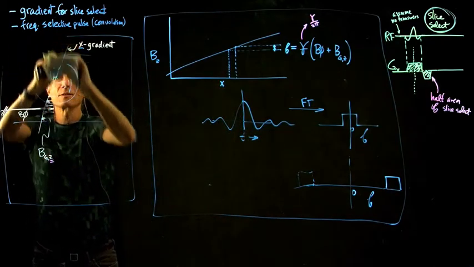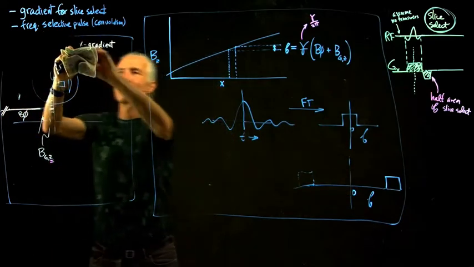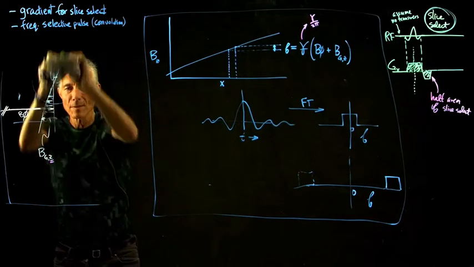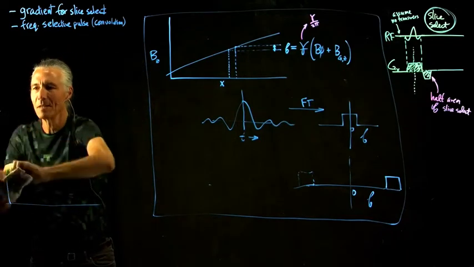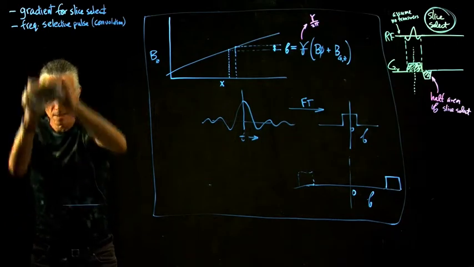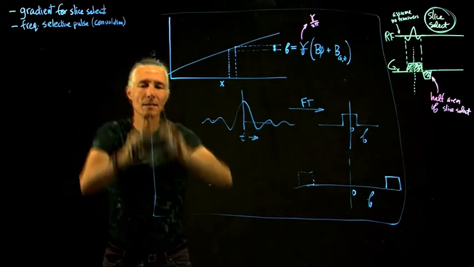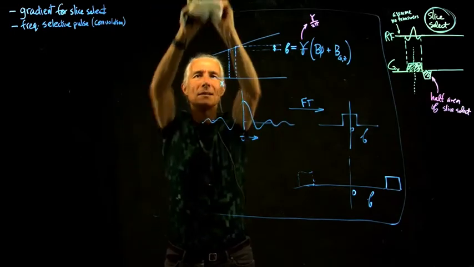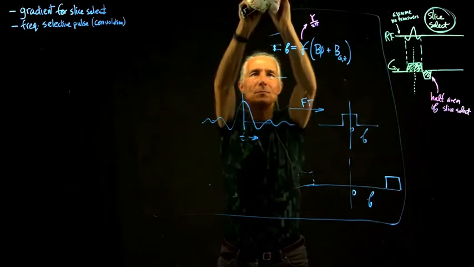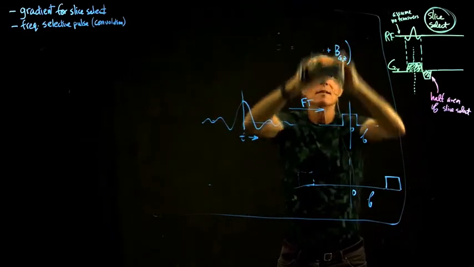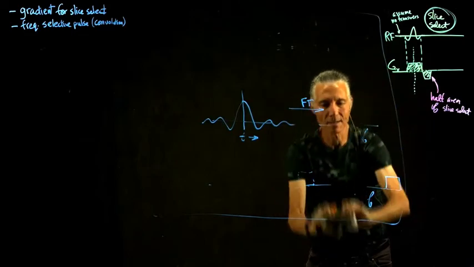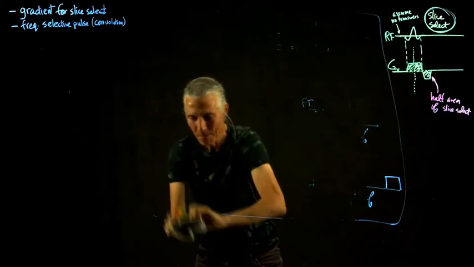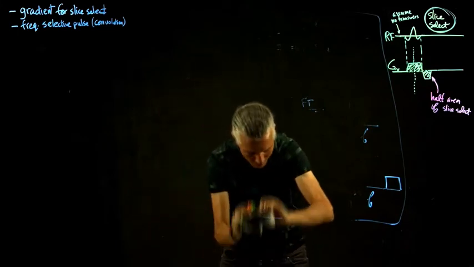So let's now go to the more difficult problem of how do we get an RF pulse that has this displaced band of frequencies. So there's many ways to do this, as usual, and so we'll do the simplest one, which doesn't work well for like a 180 degree pulse, but it's a good approximation for a pulse that's like a 45 degree pulse or even a 90 degree pulse. And so what is this method? This method is